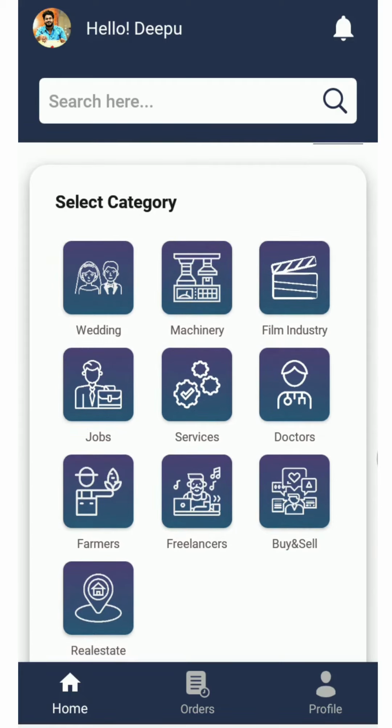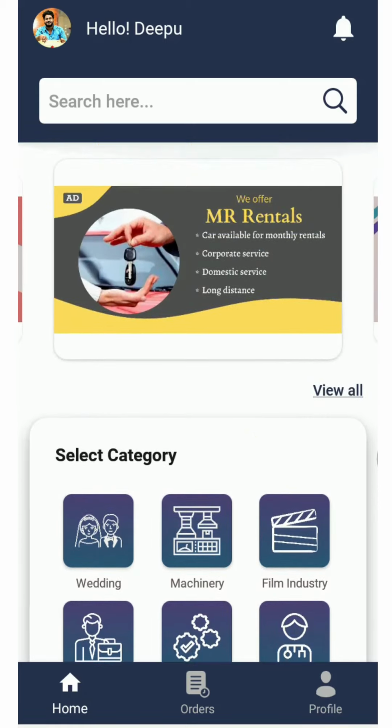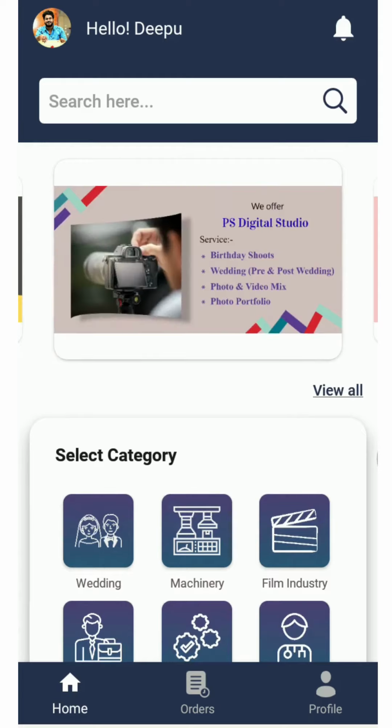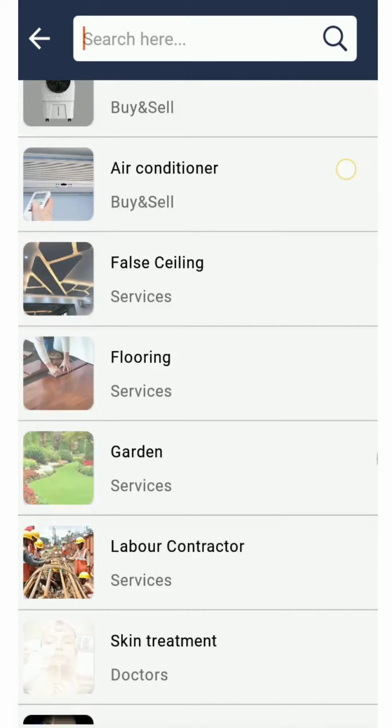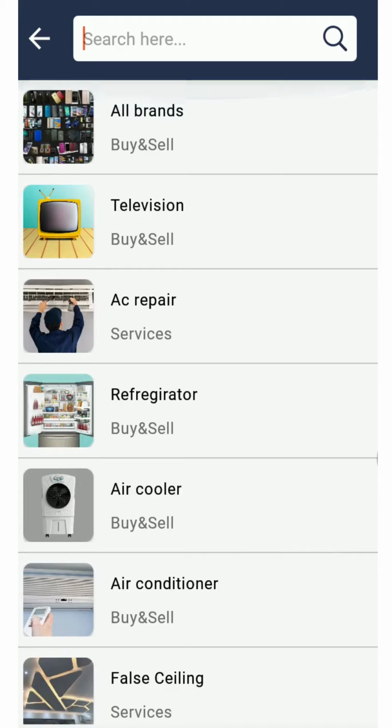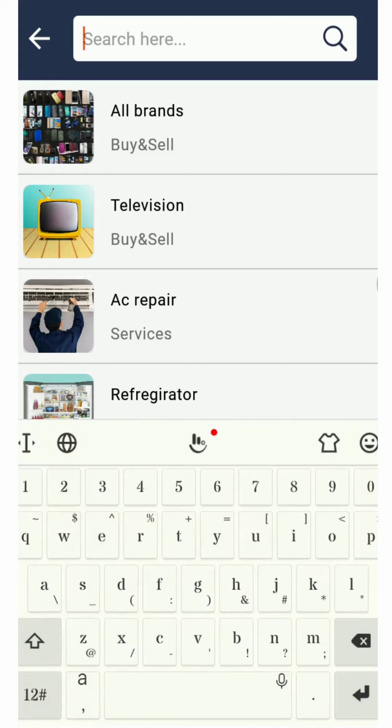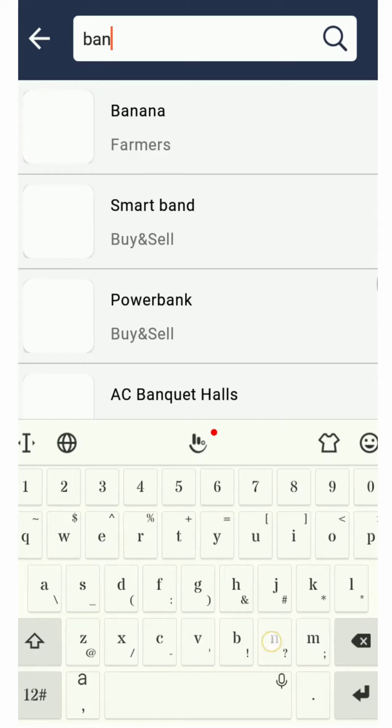If it is becoming difficult to find your product in a category, then in that case you can simply use this search functionality. So once you click on the search, you'll be getting a lot of products here. So now let's say if you're looking for a job or if you're offering something, in that case you can click here. Like if you're a backend developer,